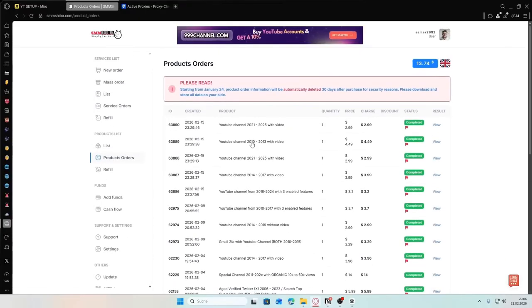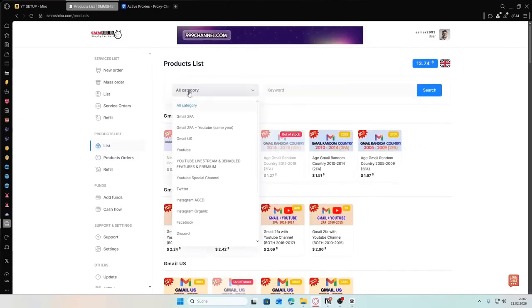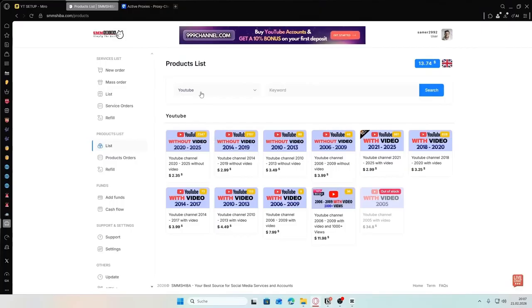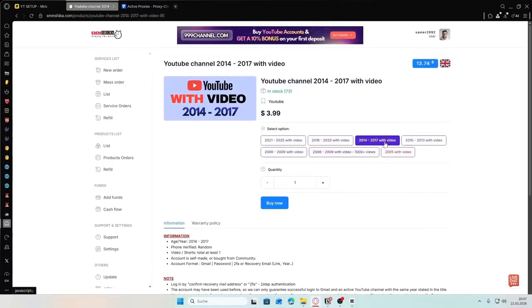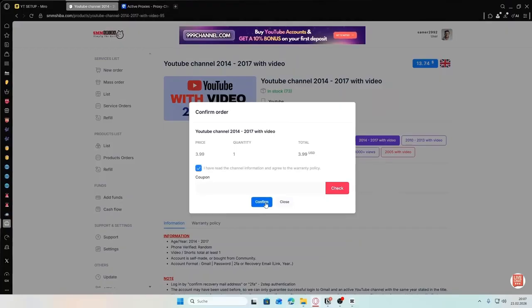Alright, so I'm currently at my dashboard on smmshiba.com, and do not get confused by the website names. SMM Shiba and SMM Dodge are actually the same website. So all you have to do once you've created yourself an account here is to go on list, click on this category icon, select, and here you want to select something, basically any option that says from with video. So I'm going to choose this one right here, and this should be already fine. 2014, 2017, yeah. Now I'm going to click on buy, confirm,